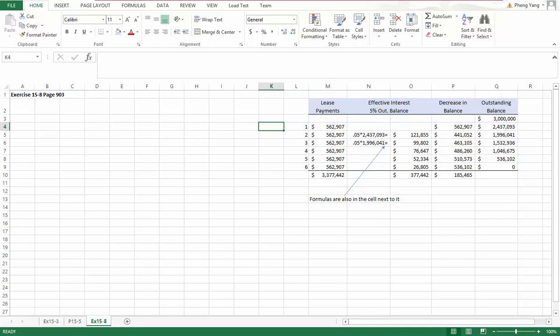Georgia Atlantic's incremental borrowing rate is 10%, the same rate IC uses to calculate lease payment amounts. Depreciation is recorded on a straight line basis at the end of each fiscal year. The fair value of the warehouse is $3 million. Okay, so we got the $3 million here with the fair value, and once again, I'm going to show you the calculation